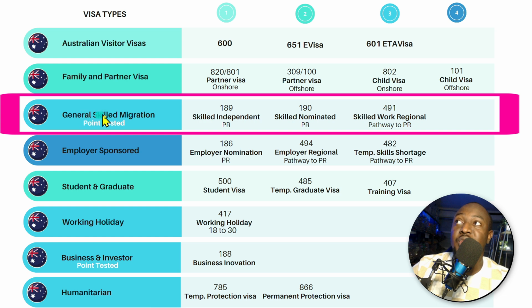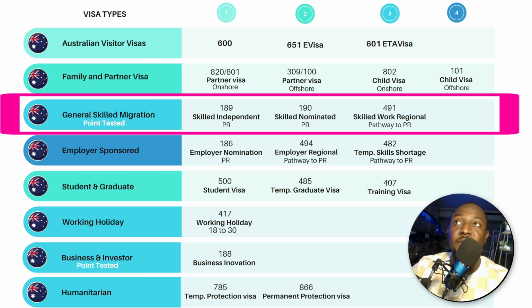Okay, so under the general skilled migration, we've got 3 visa subclasses. So you have the visa subclass 189, 190 and 491. Okay, so all these 3 visas have something in common. One, you need to make sure you are under 45 years old to be eligible to apply. You need to meet an English test requirement. Okay, you need to meet health requirements, character requirements. You also need to make sure you have a positive skills assessment result for the sort of occupation you want